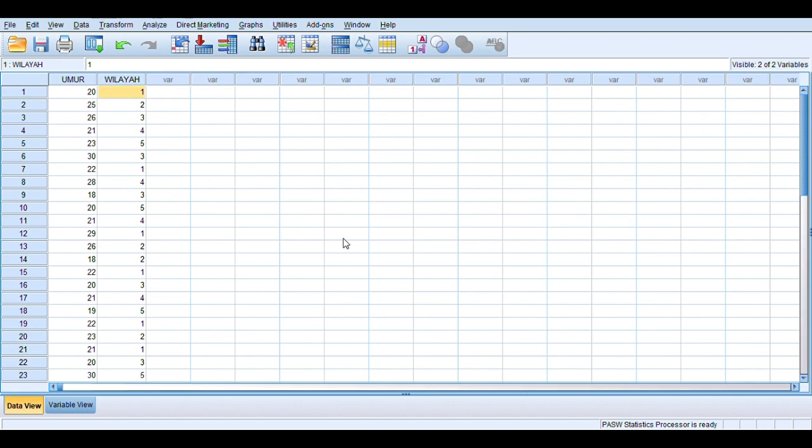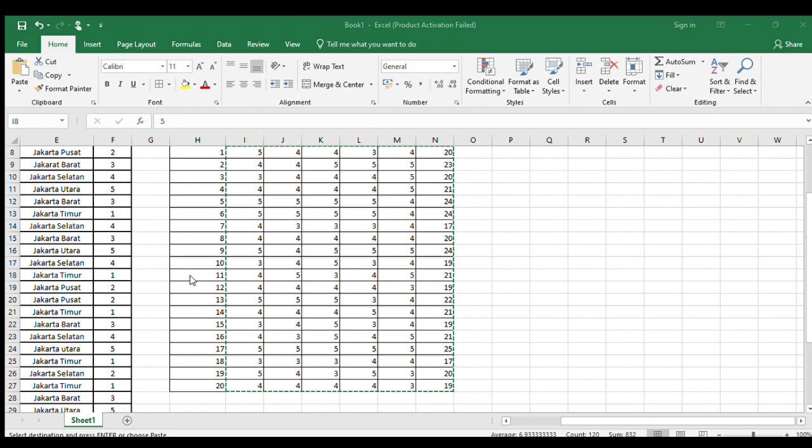And then the result of the univariate analysis. Finish. And our table.